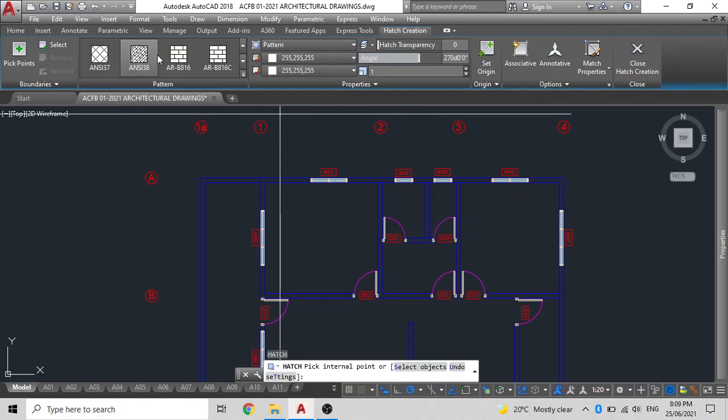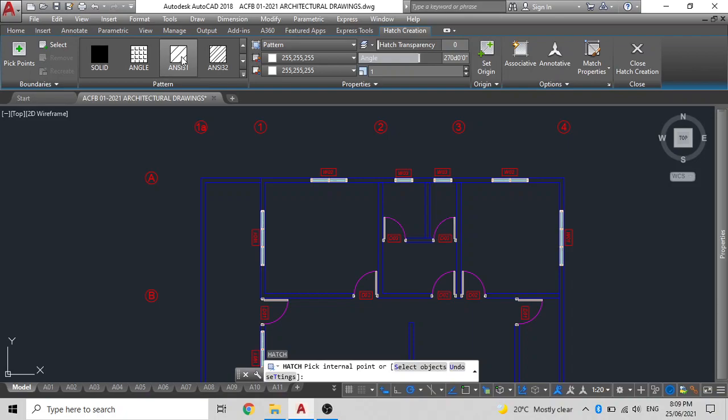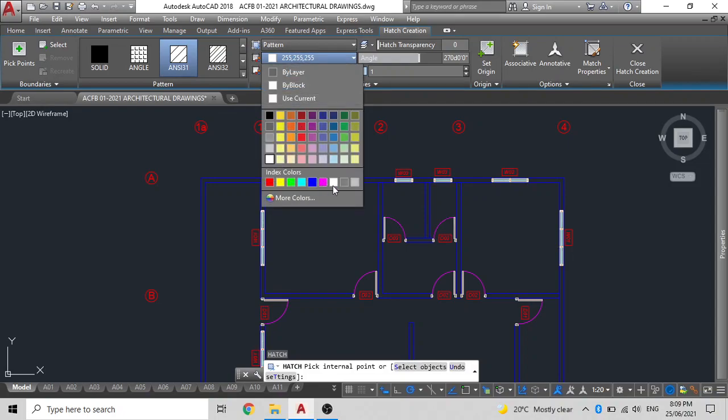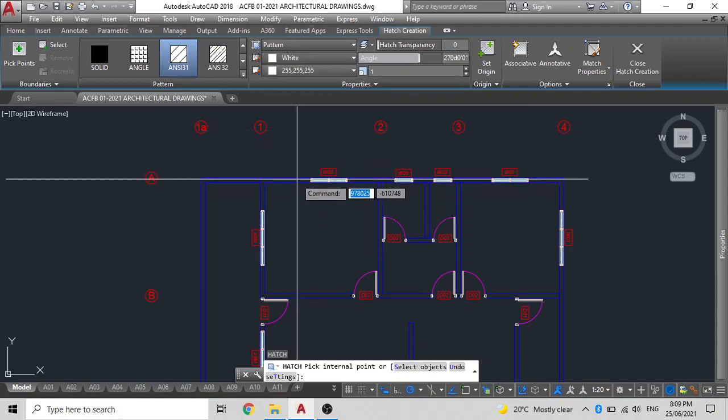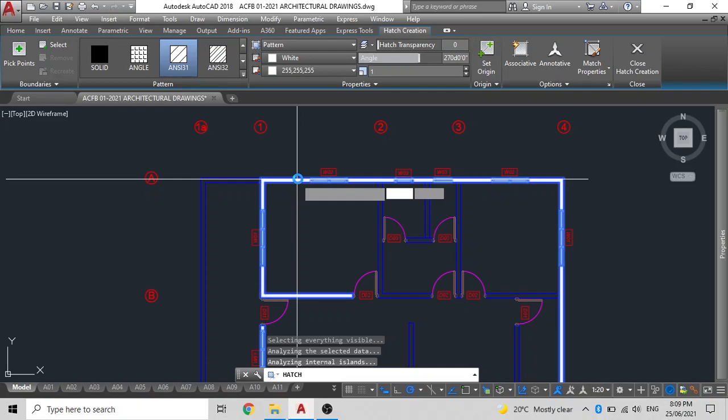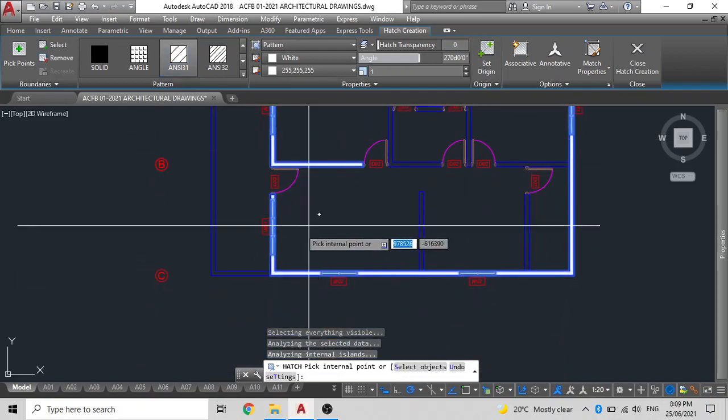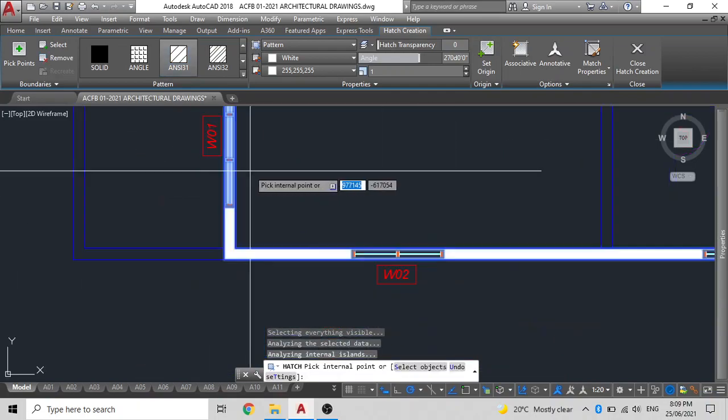Then what we will do is we'll set up our etch. Now we will use this to show the section of the wall, to show the display of the wall, and we'll change this color to white, number 7 white, and we'll leave this one to 255 white, and then just etch accordingly. As you can see, it has done the etch for you